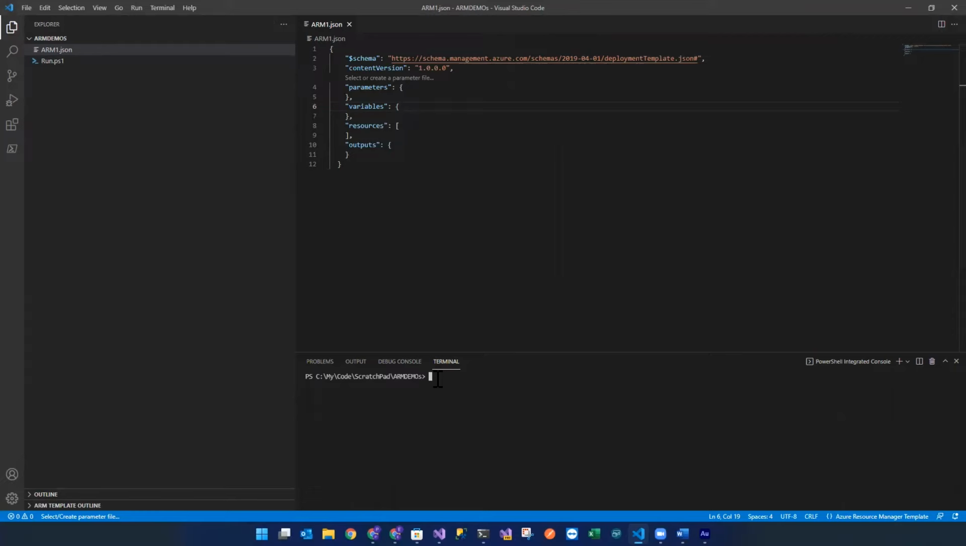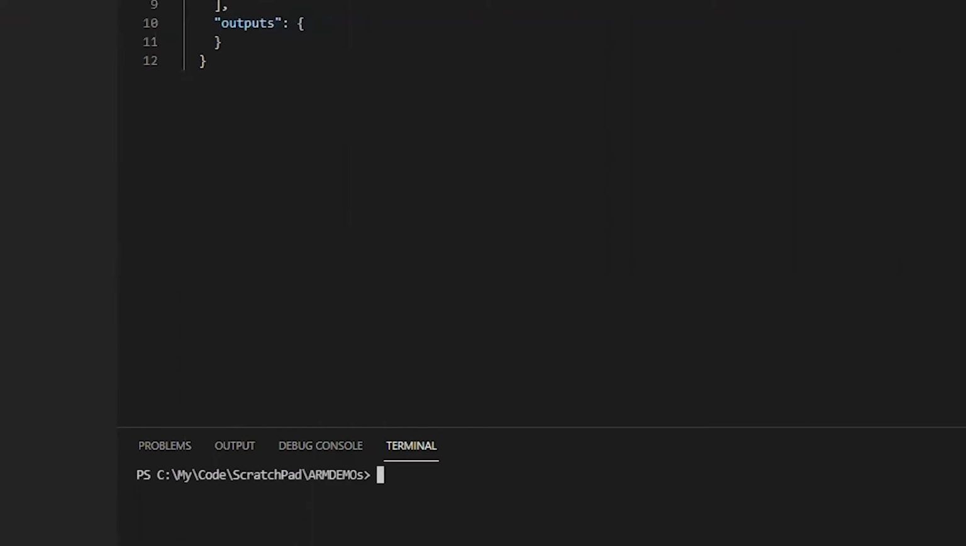And the way that you actually run the template is you have to do what's called a new Azure resource deployment. So let's do it here, New-AzResourceGroupDeployment. Here we go. And then we need our resource group name. So over here in Azure, in our resource groups,